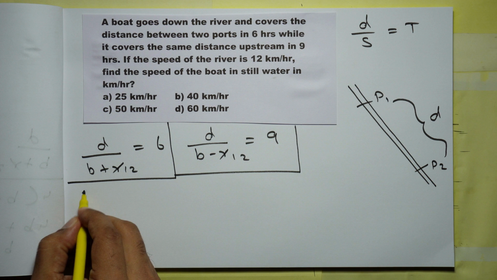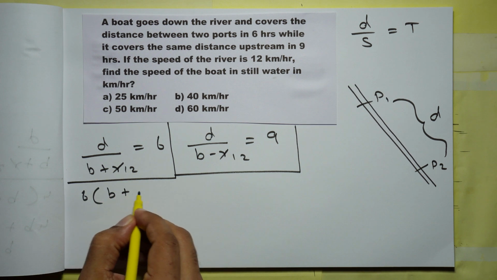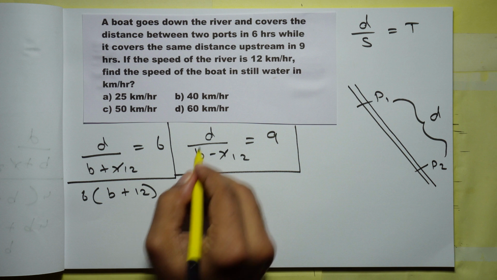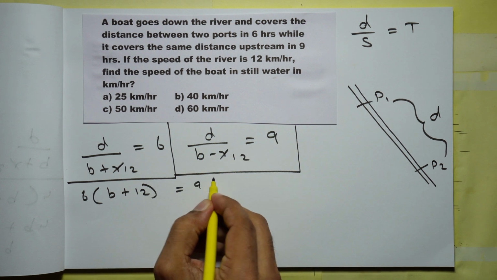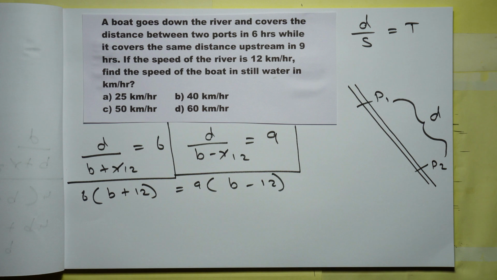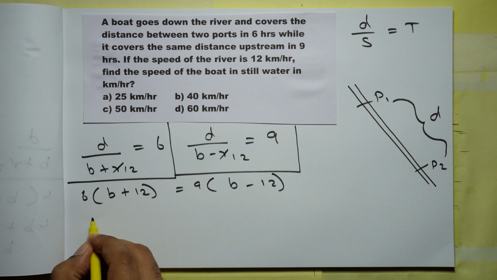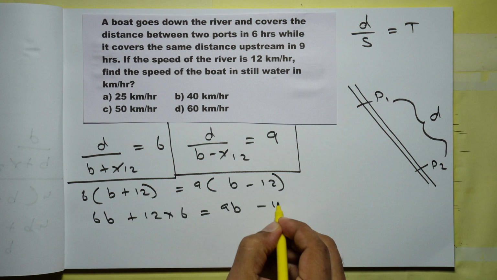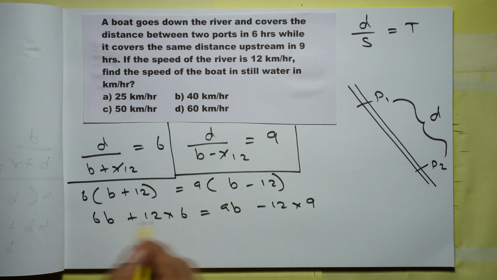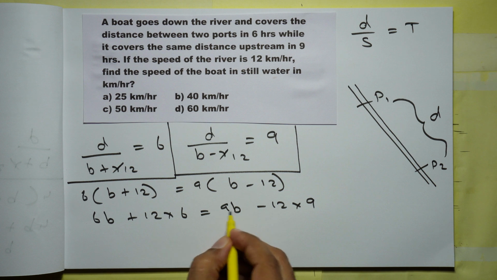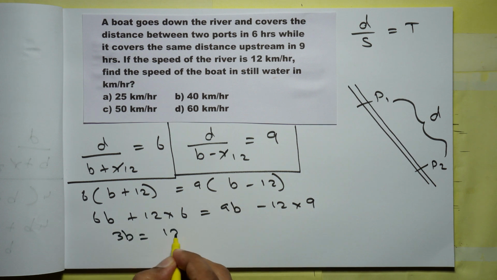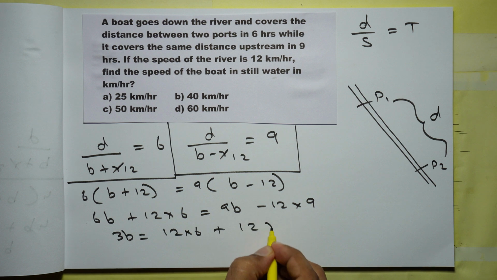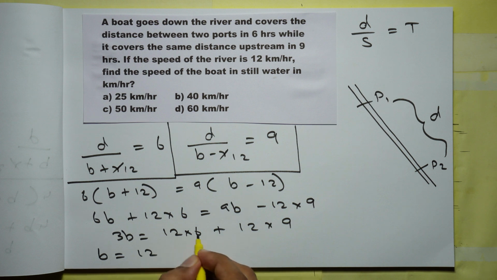Here d is equal to 6 times b plus 12, r is 12. Here d is equal to 9 times b minus 12. So you have one equation and one unknown. We just need to solve and calculate the value of b. Here 6 times b plus 12 is equal to 9 times b minus 12. So 6b I'll bring it to this side, so you'll get 3b. 3b is equal to 12 into 6 plus 12 into 9,